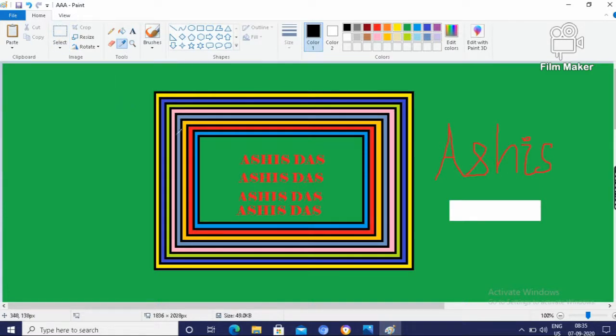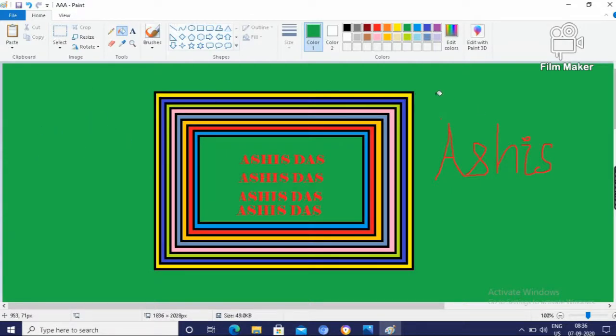This is the dropper tool, then click here, then you can choose here, then this white space is colored. This is all about your paint software.